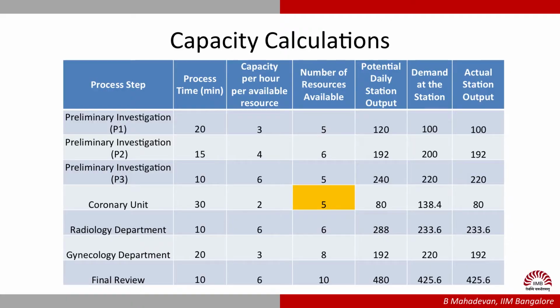So what we found so far is when multiple jobs go through multiple stages, as in the example we saw here, there are different opportunities of debottlenecking. Now we will continue this with our understanding of how we address the coronary unit problem, which critically controls the output of type 1 and type 2 patients. So let us take a look at the capacity calculations.